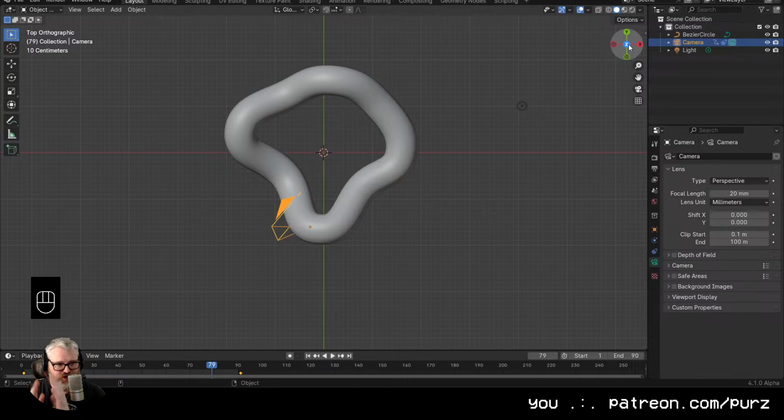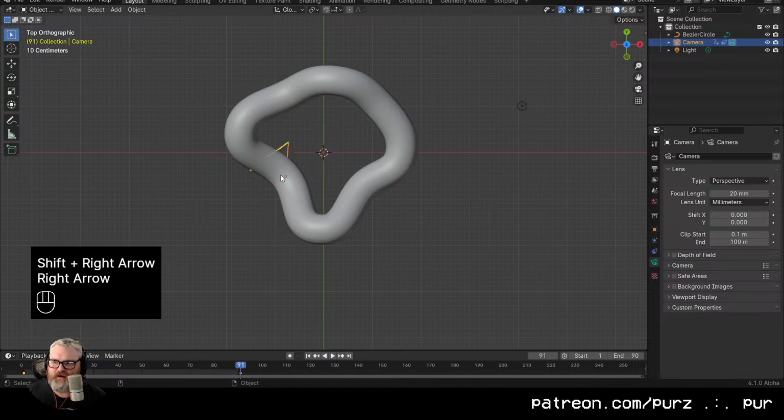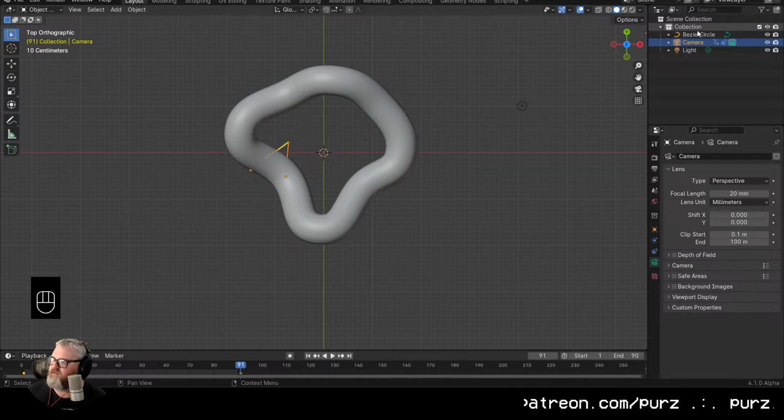So we'll just do a shorter chunk of it, just for time's sake, so you can see what we're doing. But if you wanted to do the whole thing, you would have to render out the whole thing. So I'm just going to make this longer so that the animation is not insane, and then we'll come back to it. So I wanted it to be 90 frames, but I'm actually going to go back to the Bezier